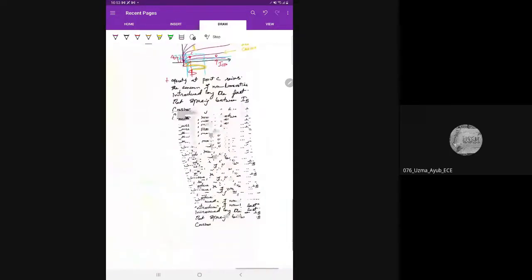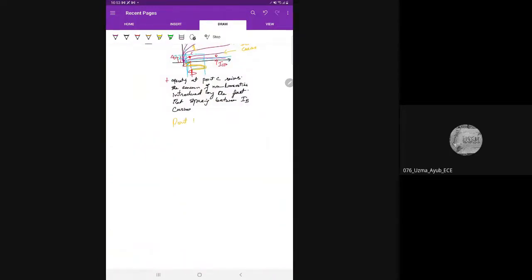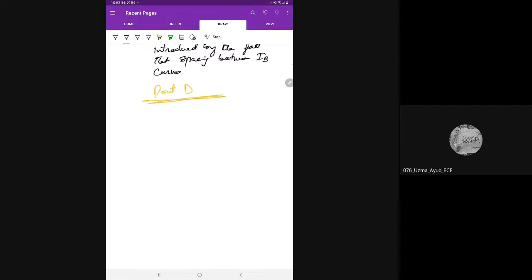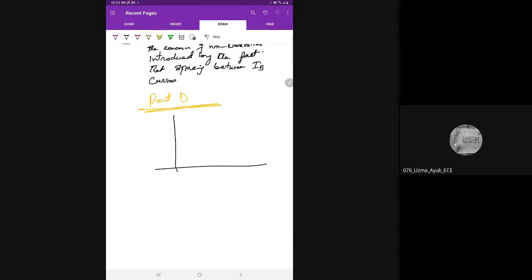I'll draw it here. Point D. Point D की बात अगर की जाए तो it is somewhere here. So suppose it is like this. So you have somewhere here point D. If you now try to identify or quantify these variations, say for example output variations ऐसी हैं, तो हमारी जो इनपुट वेरिएशंस बनेंगी वो बनेगी कुछ ऐसे।